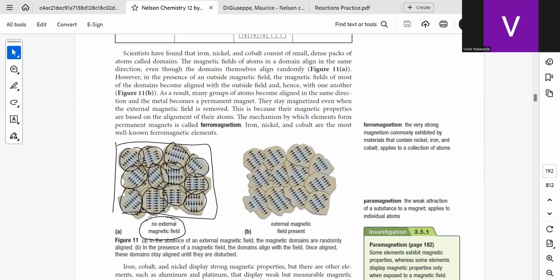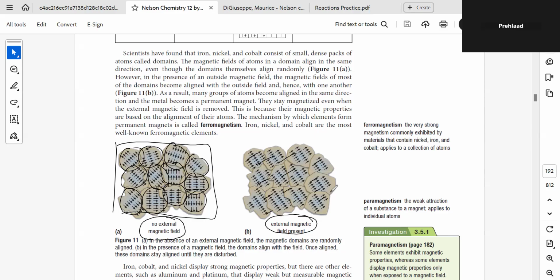However, if they are brought under the influence of a magnet, what happens? All the electrons in the blocks take a particular direction, towards the magnet. Then this starts behaving like a magnet. Iron starts behaving as a magnet after some time, and that is a temporary effect. After you remove the magnet, after some time, the magnetic property of iron is also lost.